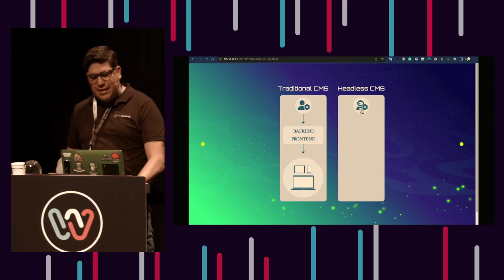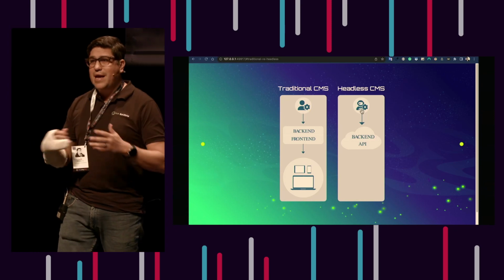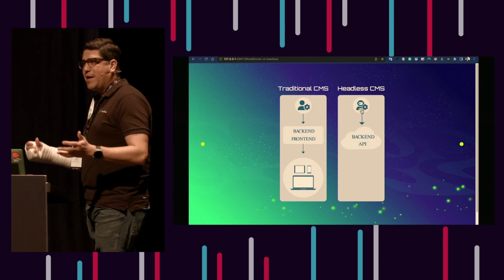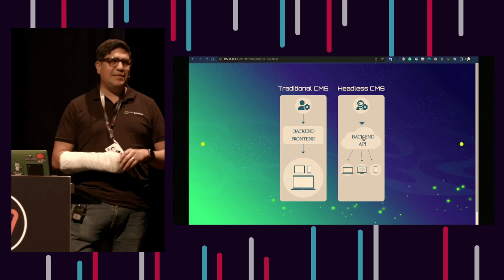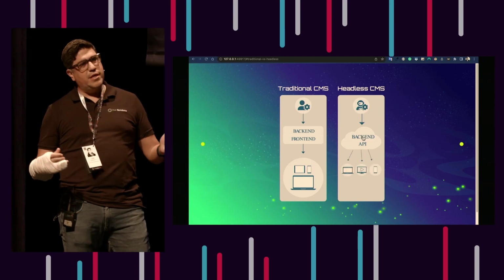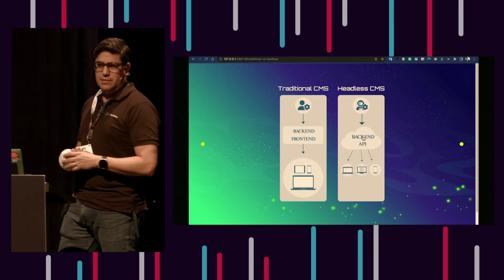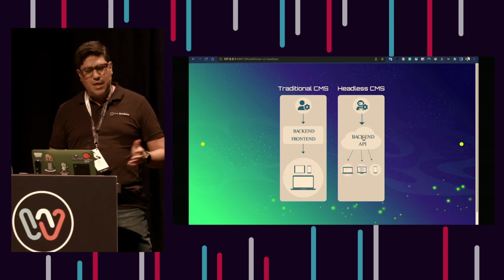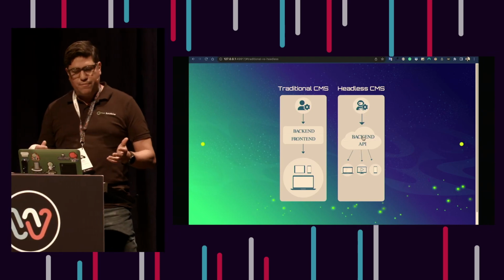If we move now to a headless CMS, we're going to start off with an API, and this can be literally anywhere. That is your backend, your access to your store. And then from there, we can access many, many clients. As long as you give them access to your API, they can access your content. And that opens a lot of possibilities. That is the biggest difference. That separation of concerns is really powerful.